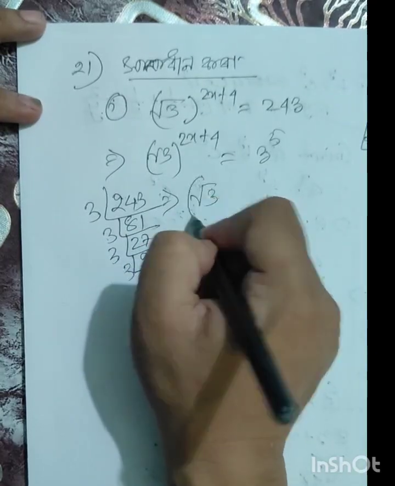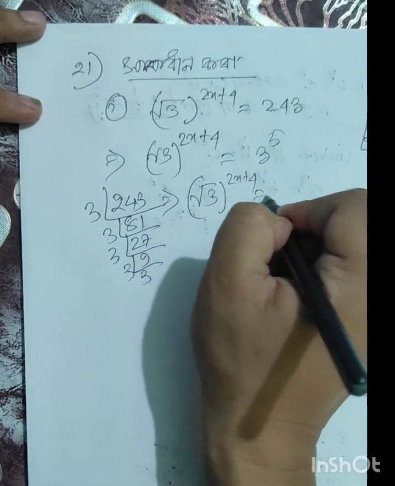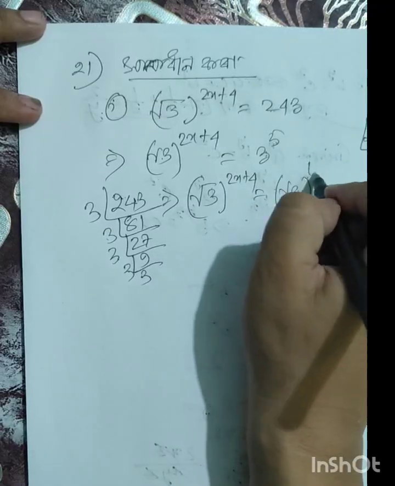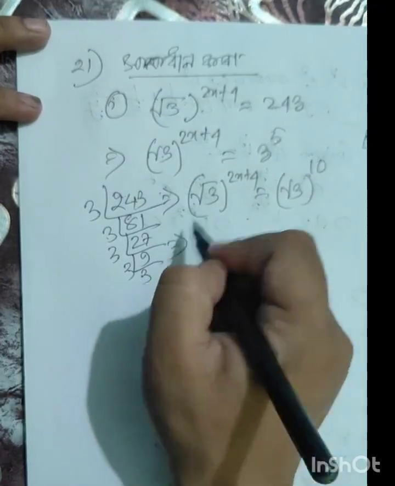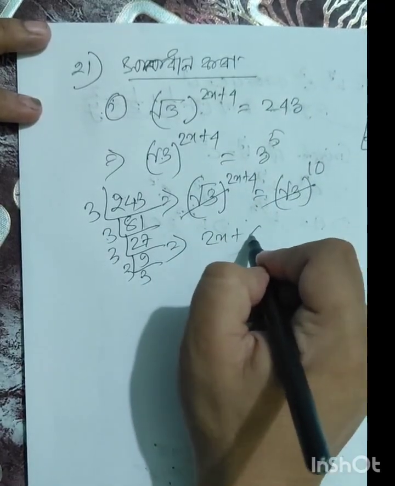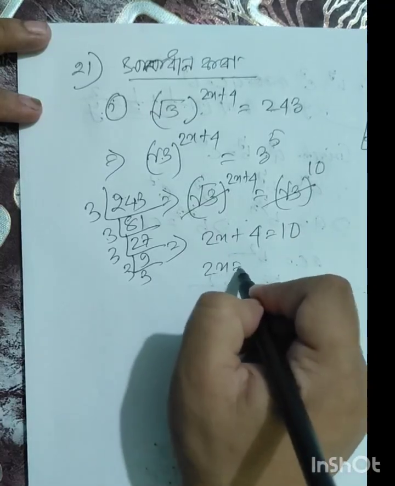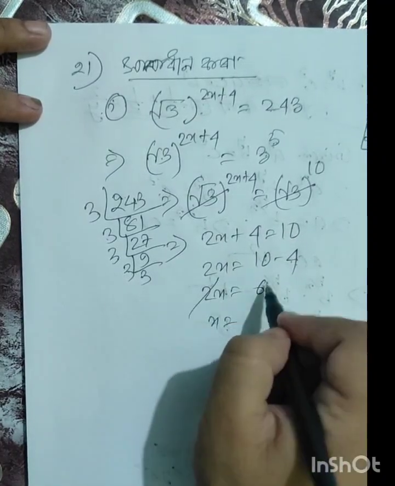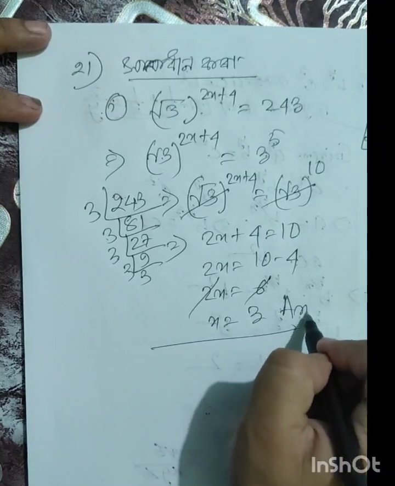ইয়াৰ পৰা আমি লিখিম (root 3) to the power 2x plus 4 equal to, যদি root 3 নিচিনা সেম বনাও, এই পাঁচটো 10 হৈ যাব, মানে দুই গুণ পূৰণ হৈ যাব। এতিয়া root 3 কেনসেল যাব, 2x plus 4 equal to 10, 2x equal to 10 minus 4, 2x equal to 6, x equal to 3. এইটোৱে ইয়াৰ এনসাৰ।